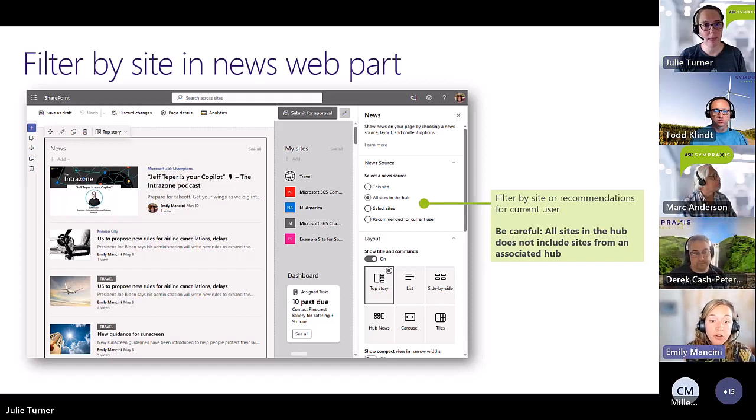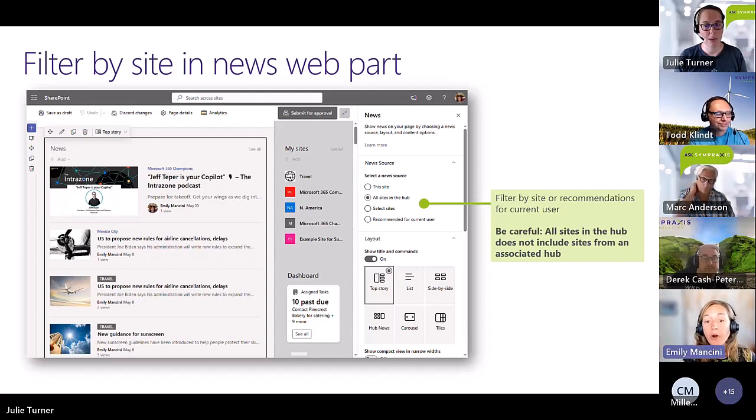Yeah, so the first one of presenting our news on a SharePoint site is, of course, our beautiful news web part. You can see in our choices for news source, we can always say this site, all sites in the hub, select sites, or you can go along with the way that we are seeing the news in SharePoint Start Page, SharePoint App Bar, and Viva Connections feed, where it is recommended for current user. So you can start your filtering here by only showing a subset of sites in some areas. For example, if you have a human resources hub site and a bunch of different associated sites in that HR area, maybe you only want to show that content on the HR homepage.